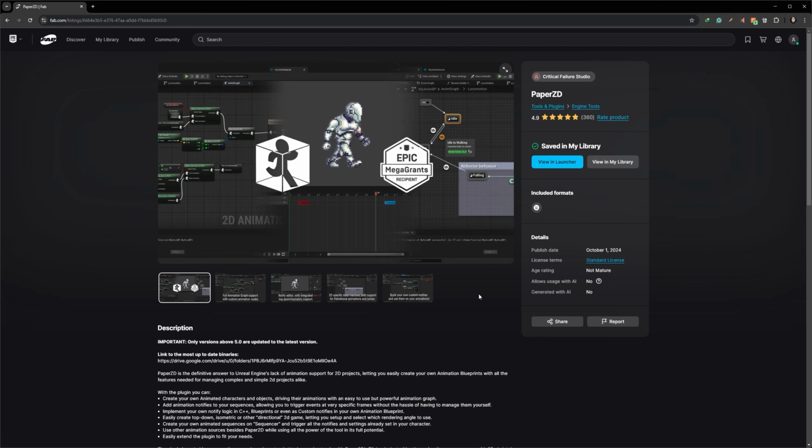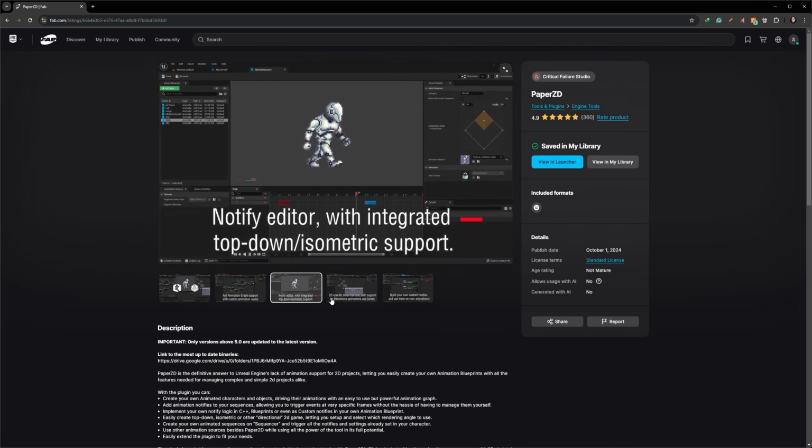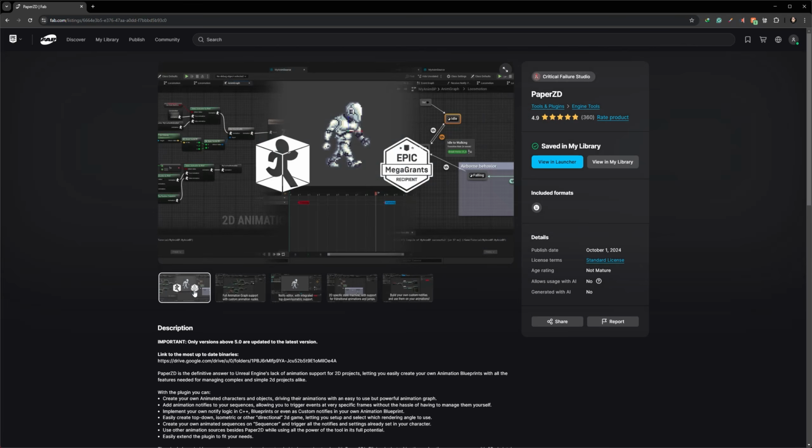The plugin is free. You essentially use the paper sprite sheets tools inside Unreal to add a little bit more functionality. It makes some of the stuff that we're going to be doing in this course a little bit easier to do, especially setting up locomotion and different directions for the sprites. So you can just get that plugin here. It's absolutely amazing. You're going to love it. It's going to make it so much easier.